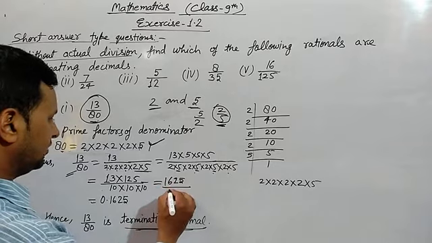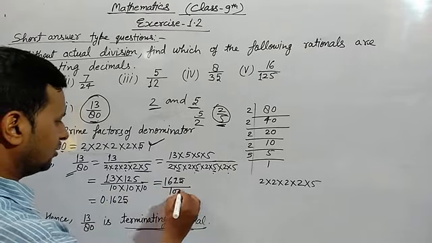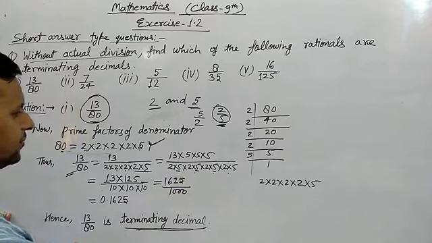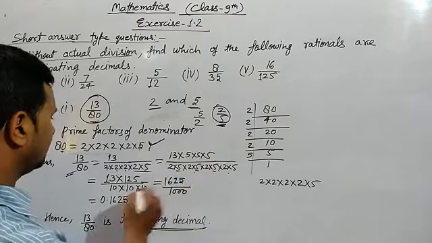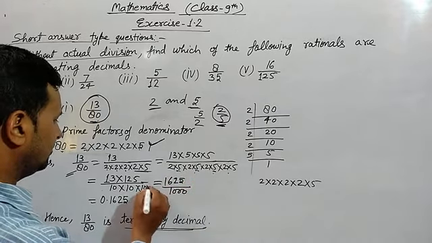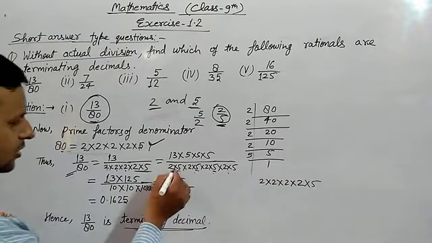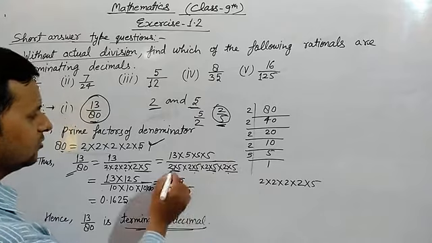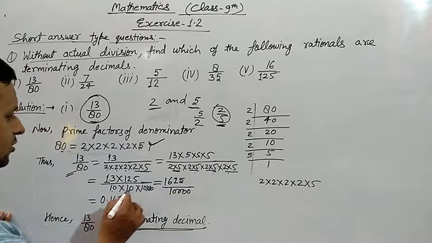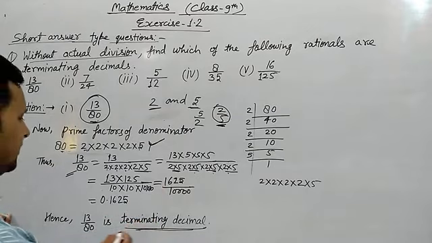Means in this way we can write here 10 times 10 is 100, 100 times 10 is 1000. Remember, 1, 2, 3 is here and the 4th term is here, means 4 times 10 is given. Okay, we can write here 4. 5 to 10, 5 to 10, 5 to 10 and 5 to 10, 1 2 3 4 times 10. After that we multiply here.